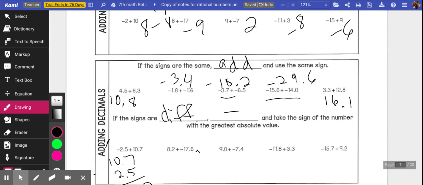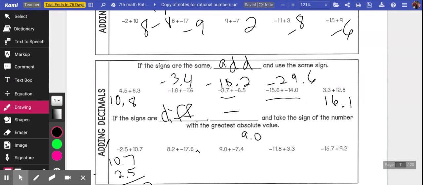Okay, and then I'm going to go ahead and do, let's see here. I'll do this one, next one. So we need to put, well, I'll do this one. So we're going to do